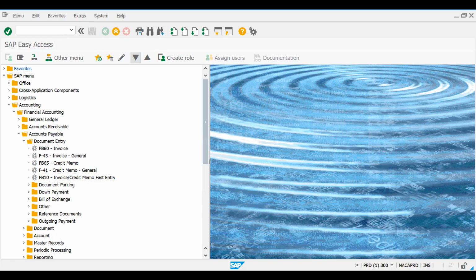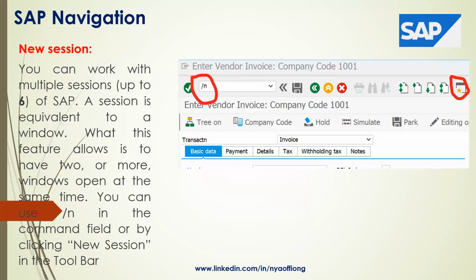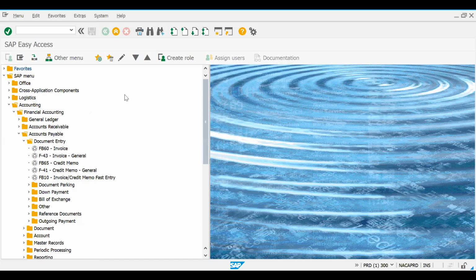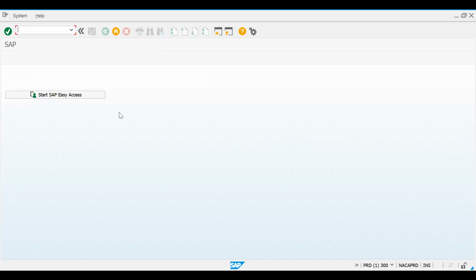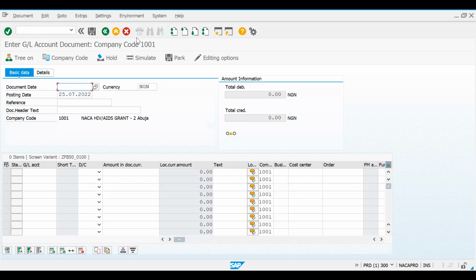Now, new session. To bring up a new session, you click this, create new session. When you click on create new session, a new session will be opened, or /n. /n will open a new session. See, it opens a new session. You can click on this, it opens a new session, okay?